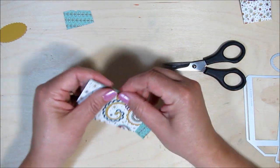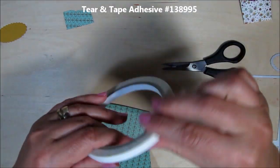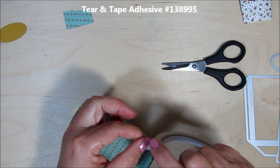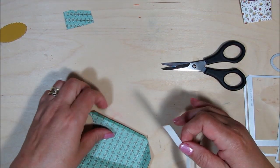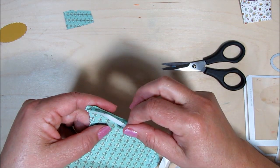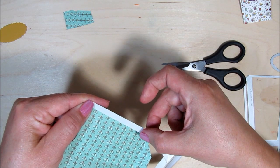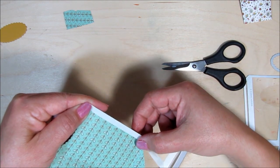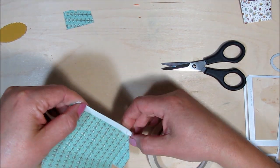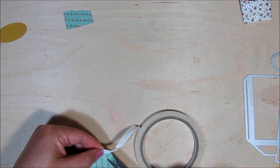So I'm going to go ahead and take some tear and tape. Now this little flap here is just a little bit more narrow than the tear and tape, but I'm going to be okay with that. I'm just going to put some on right at the score line here. I'm going to put that here, and it's going to overlap, but I'm okay with that because I'm just going to knock it down with my finger after I take off the top layer,